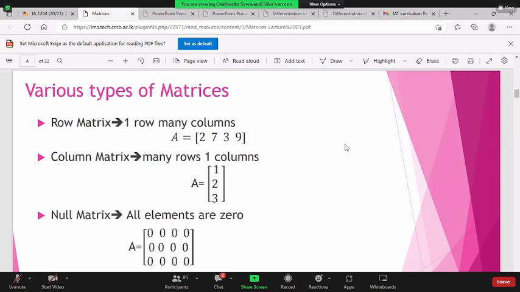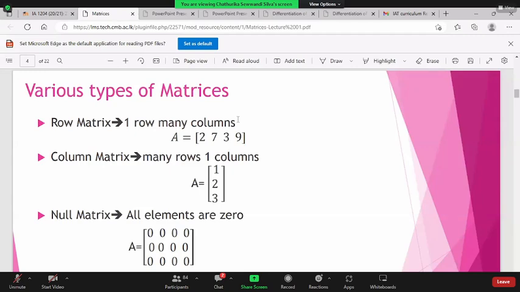So many things that you are doing. But if I ask you to write a row matrix or a column matrix, students don't know what you mean by a row matrix or a column matrix. We would have operations, right? But if I ask you to write down a row matrix with an arbitrary set of numbers, they are thinking, what is a row matrix? The last time's past paper, I will make available on the digital library, and you can access it from there. The very first question is on that.